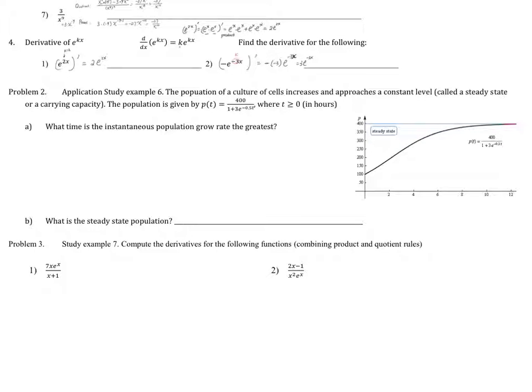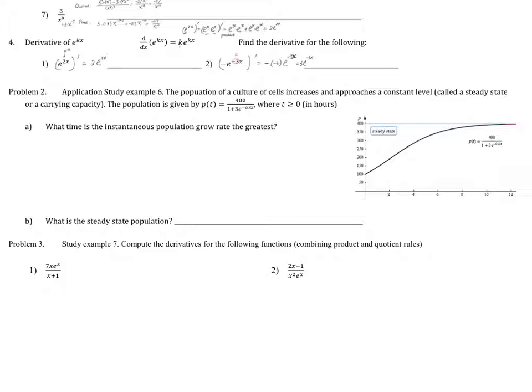Let's look at one example here, one application. We are given a population function for the population of a culture of cells. Now, because of the limited space, the population of the cells will not grow indefinitely, so it will increase, but eventually it will also approach a constant level, and this constant level is called a steady state or a carrying capacity. And obviously from the graph you can see that the population growth is increasing, but eventually it's approaching the so-called